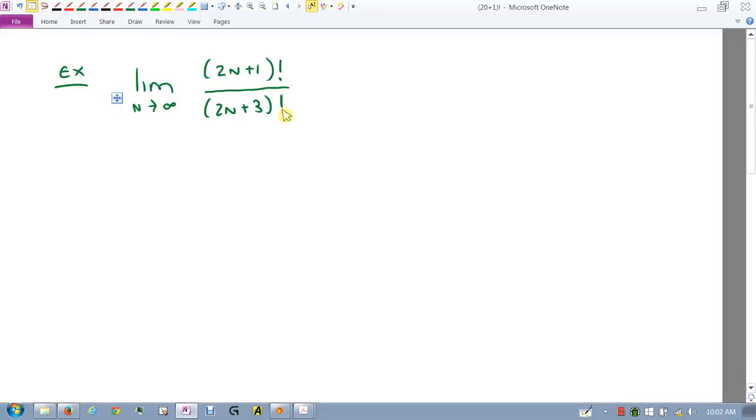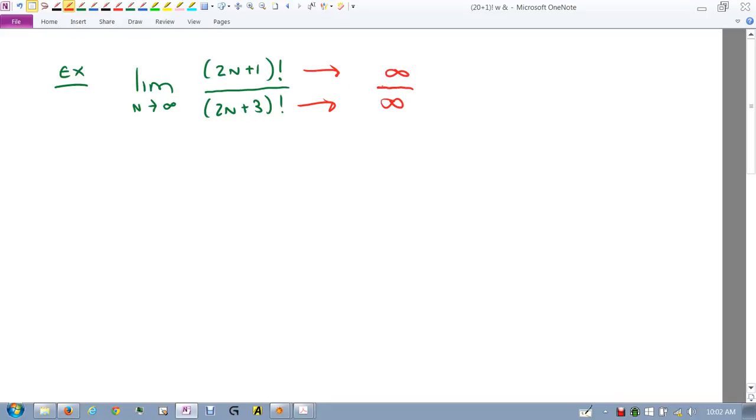What happens as n goes to infinity here? What is infinity factorial? I mean, that doesn't really make a whole lot of sense, but as this number gets bigger, isn't that a huge number? I mean, think of it, if you plug 100 in here, it's 100 times 99 times 98. That's a huge number. So the top's getting huge, right? Bottom's getting huge. Infinity over infinity. You start thinking maybe